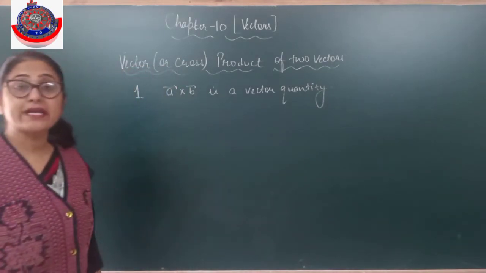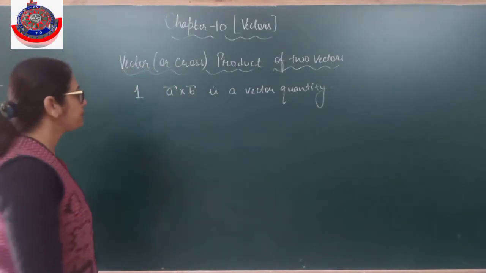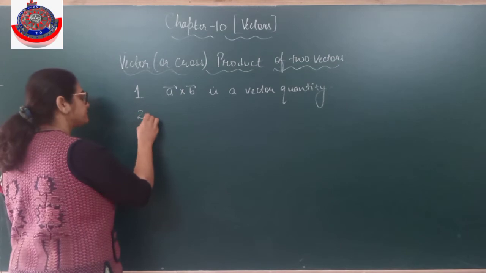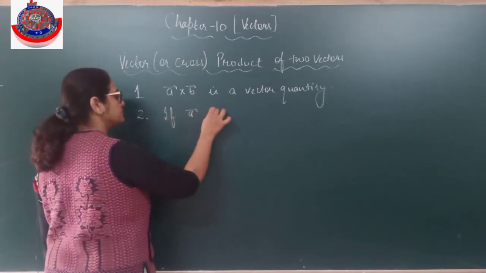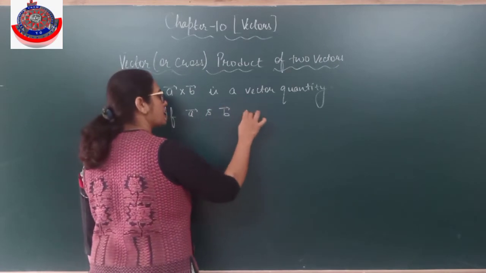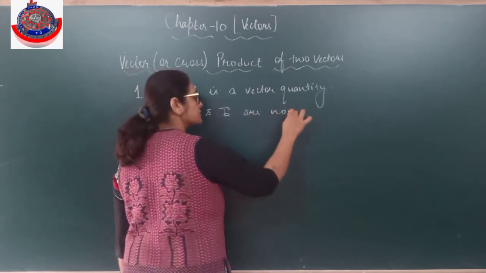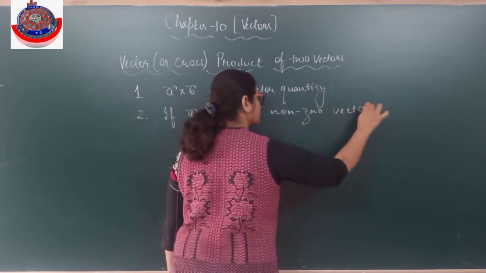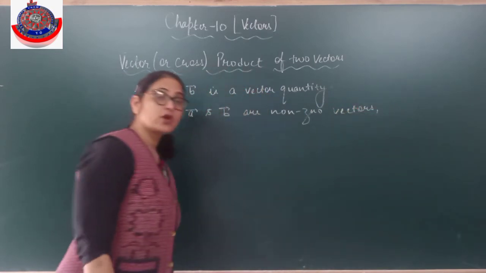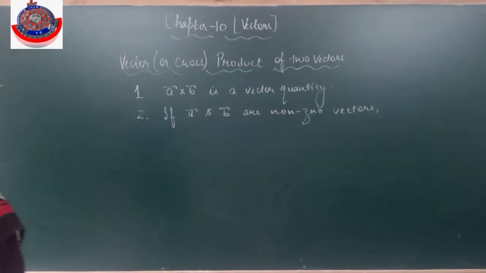Is this clear? Number 2: if A and B are non-zero vectors, then